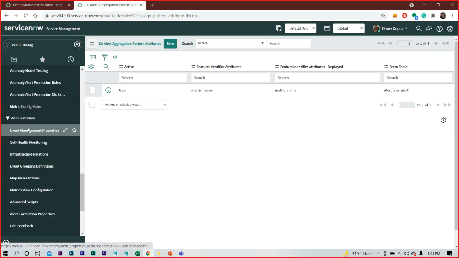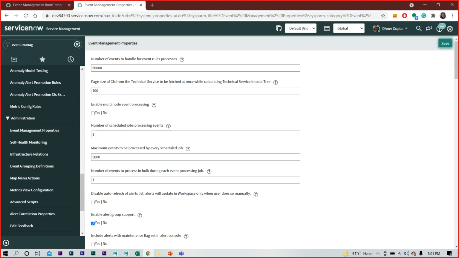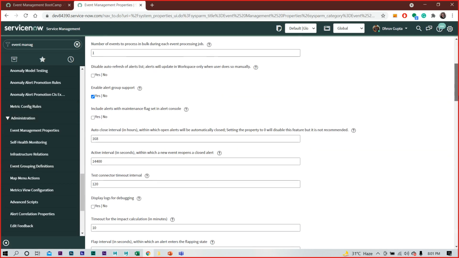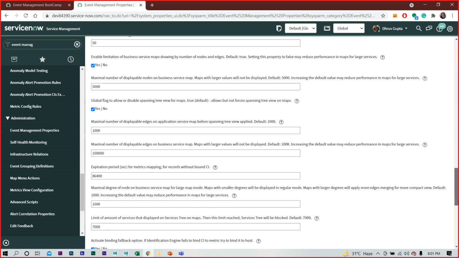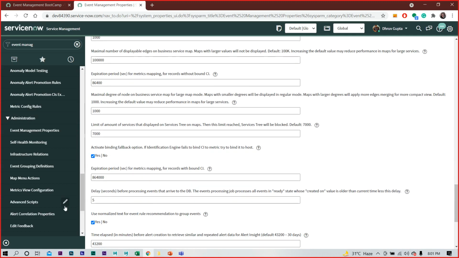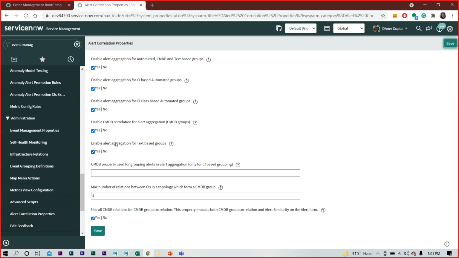They have some separate correlation properties that should be under alert properties or something. It's here, alert correlation properties. If you see this automated one, where is that?